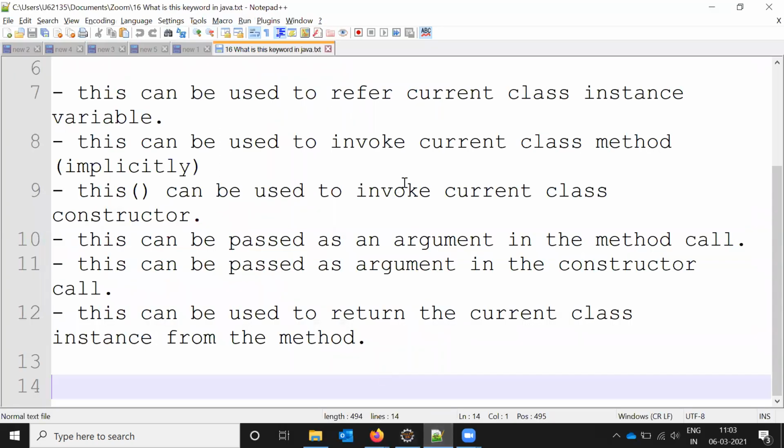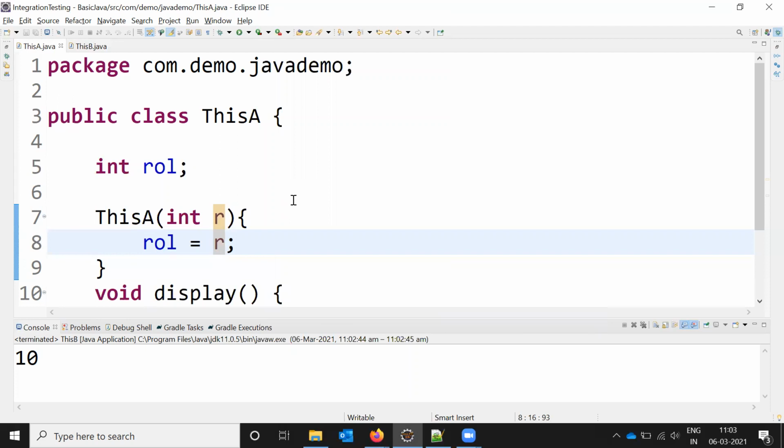The second one is invoking the current class method implicitly. If you do not use this keyword and compile, the method is not invoked by itself. But you can invoke a method simply with this. We'll see now.